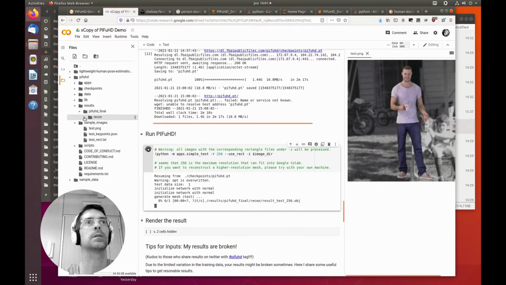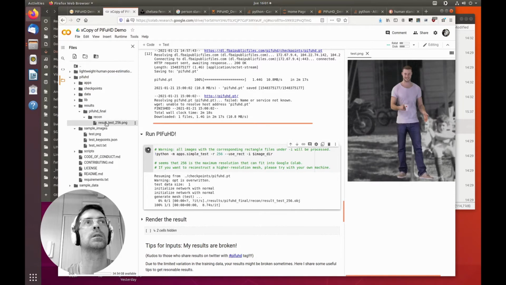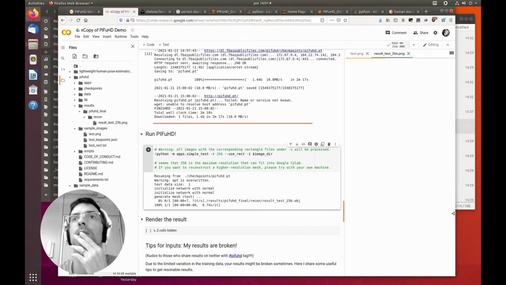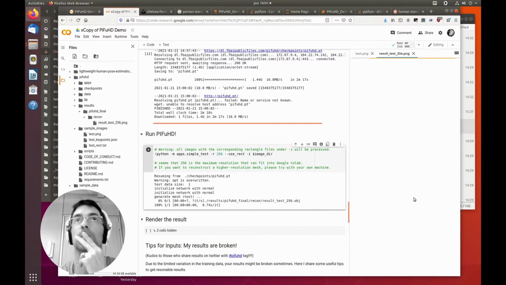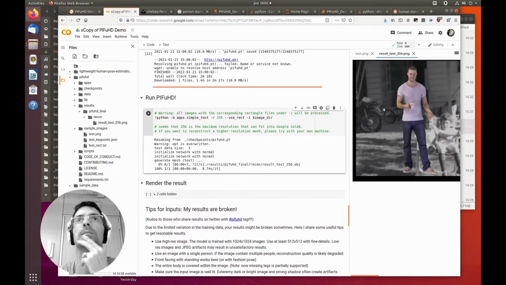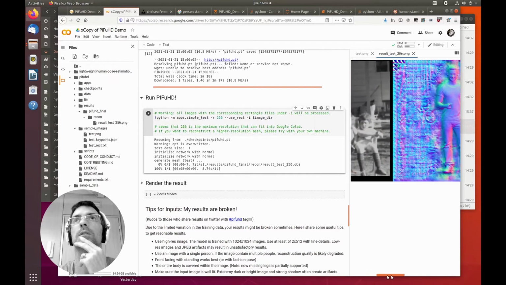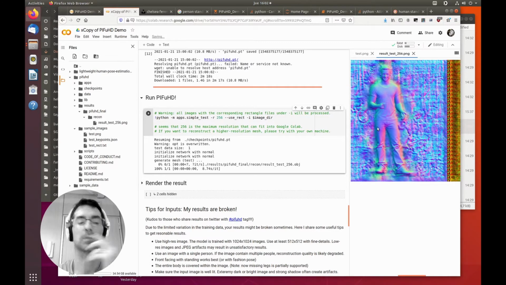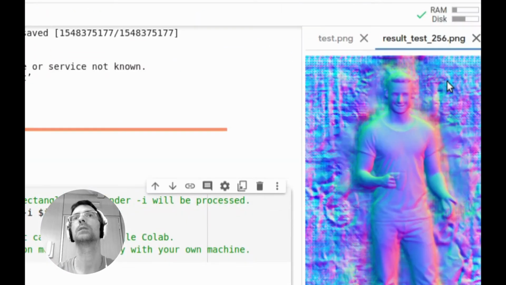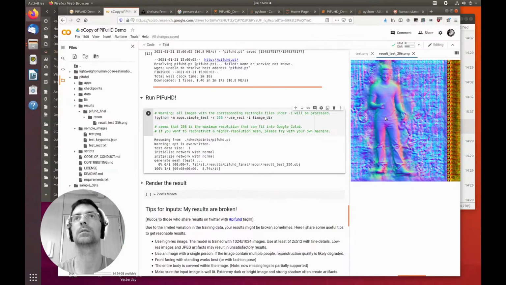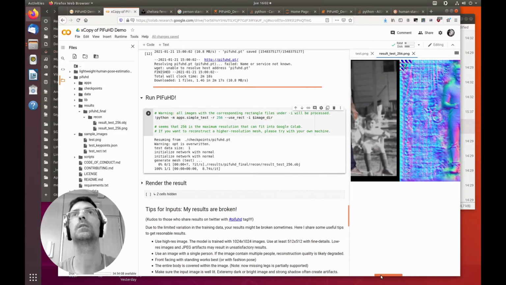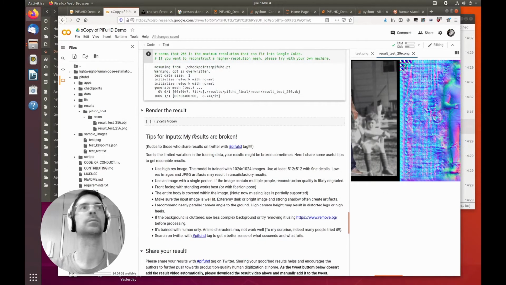The final reconstruction. Okay, we already have the image. And let's see what it did. Okay, so that's the image. That's the normal map. Very good, no? So nice details on the clothes. Good, as expected. Very good. So now, what it generated is this 3D object